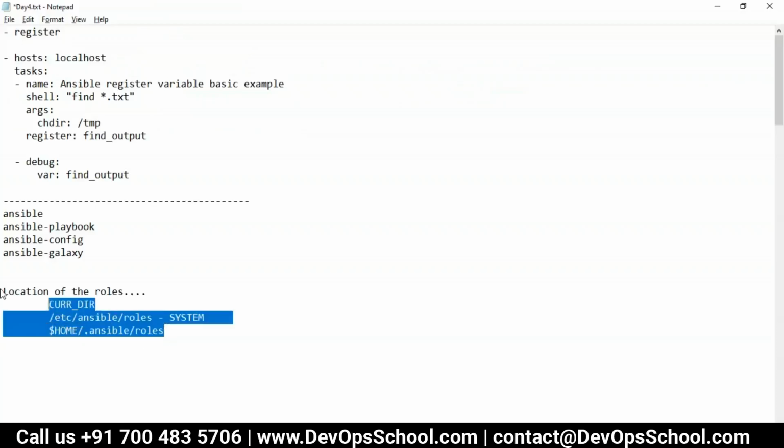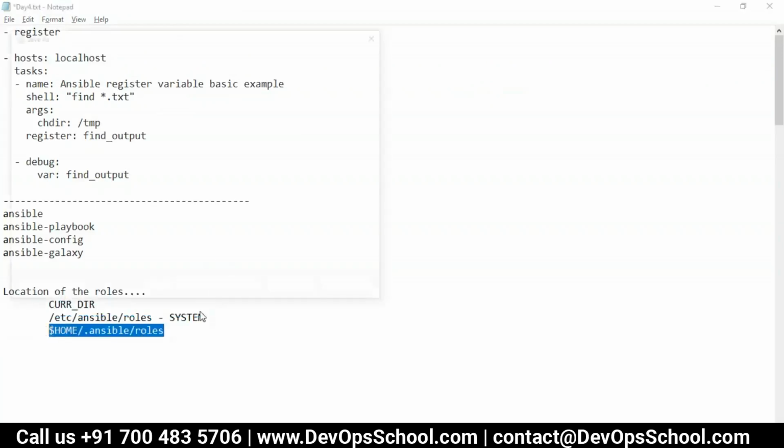So these are the three locations. Any location which you are comfortable with, you can have it. By default it goes to the user home one. You can copy it back to the other locations also, not a problem. But when Ansible looks for the roles, it looks first at the current directory, then the second, third, and so on.